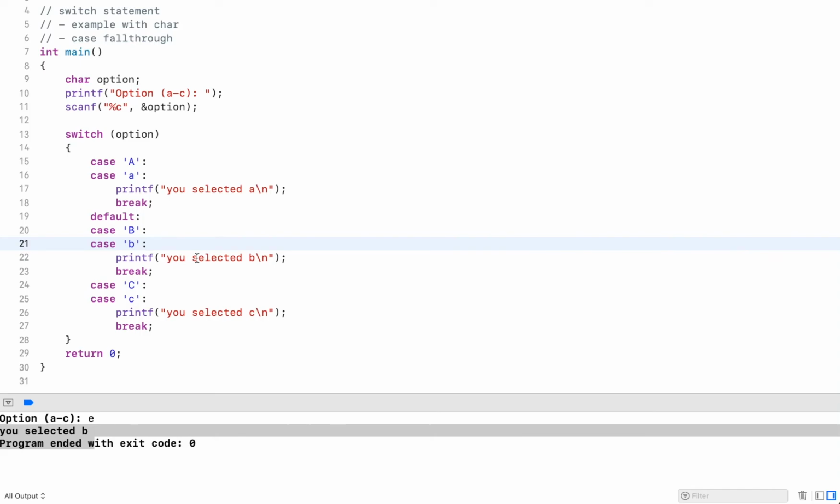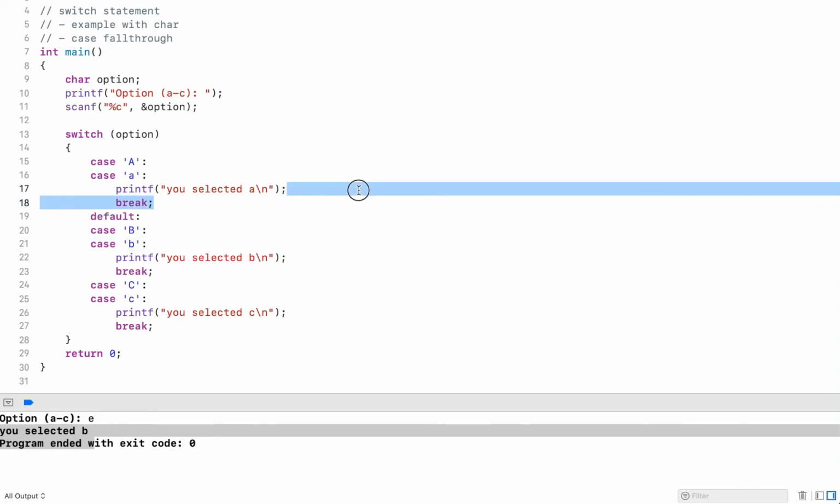So you have a lot of power with switch statements. You have the power of fall through, but there's also the trap that you may forget to write the break statement. So always be sure to add the break statements when you need it. And be aware that you don't have to have it if you have a convenient case where you want to have the fall through power.